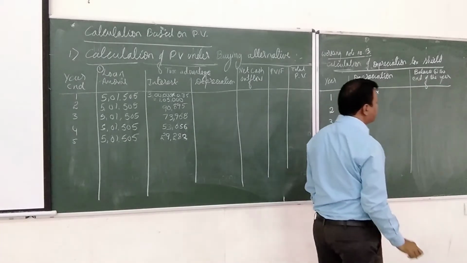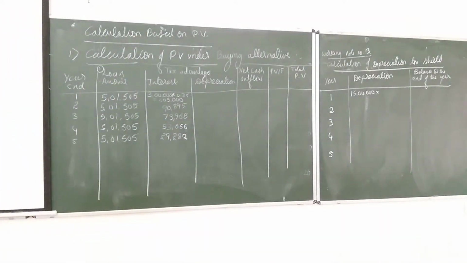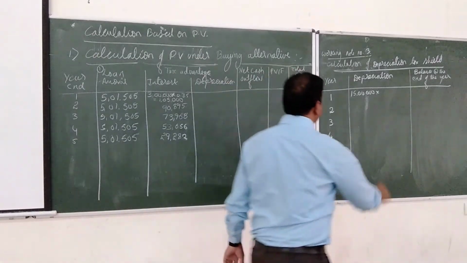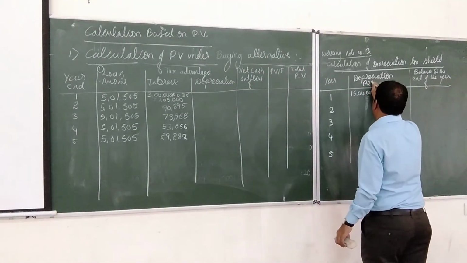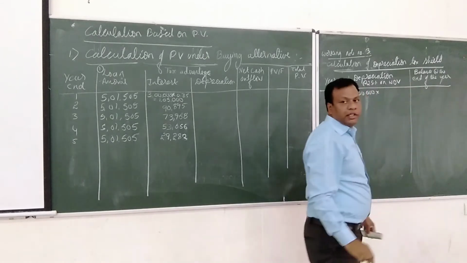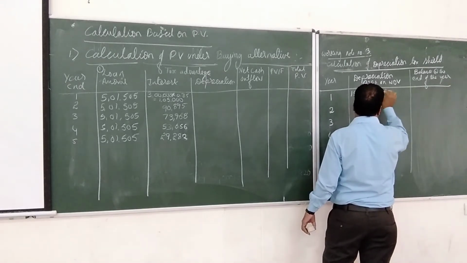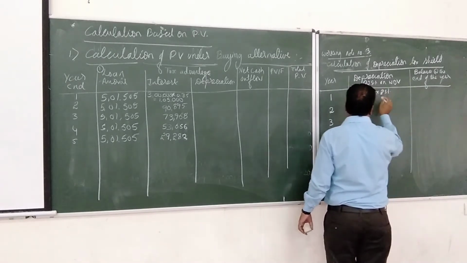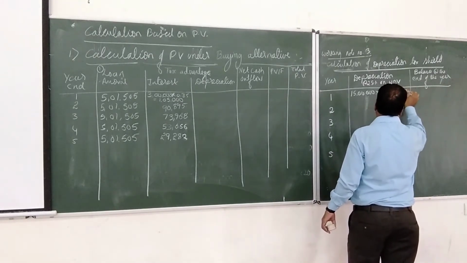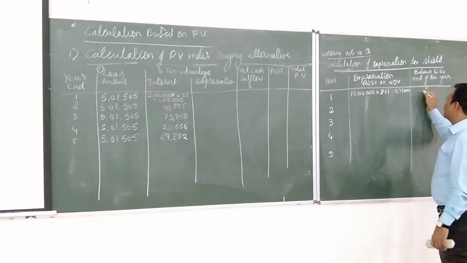Into what is the rate of depreciation? Rate of depreciation is 25%. Just take it in the column. 25% on WDV method. Okay. Depreciation at 25% on WDV, that is written down value method. Okay. So 15 lakh into 25%, how much does it come to? 3,75,000. What is 15 lakh minus 3,75,000? 11 lakh.